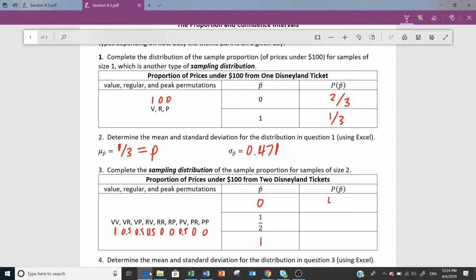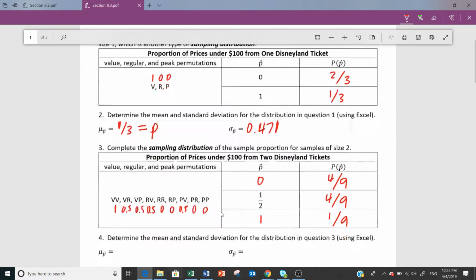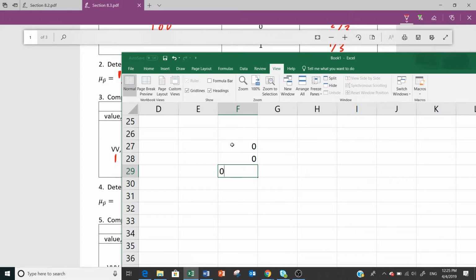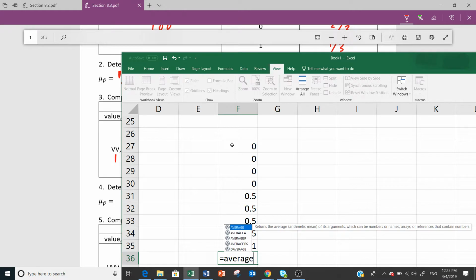How many zeros are there? 4 out of 1, 2, 3, 4, 5, 6, 7, 8, 9 total. And then this one, how many 1/2s are there? 4 out of 9, and there was just one out of 9. Okay, to find the mean and standard deviation, you have to put all the values into Excel. There's 4 zeros, 4 0.5s, and how many 1s? There's just 1. Okay. To find the mean average,